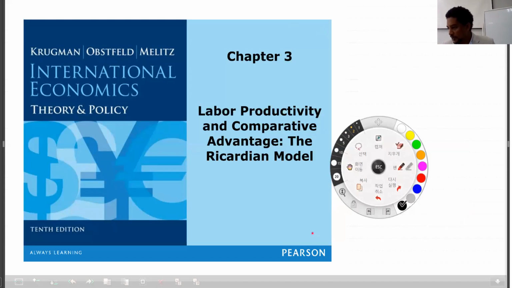So I guess we can start our third chapter of this course, International Trade, Theory and Policy. This chapter is a little bit big. We have more than 100 slides, but most of the slides are examples that you can refer to, so it will be easy to understand the concepts raised in this course.